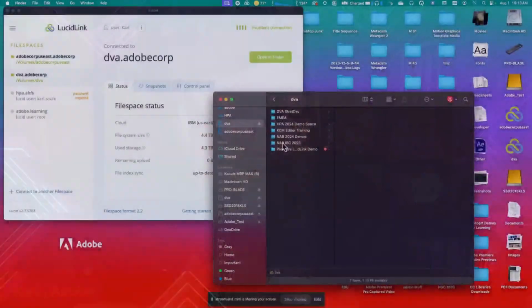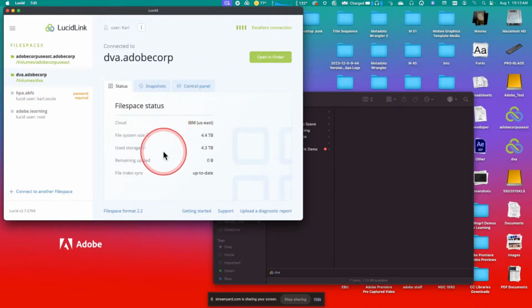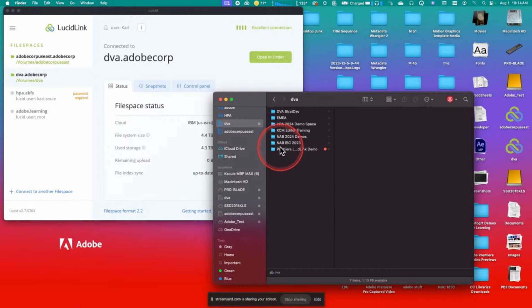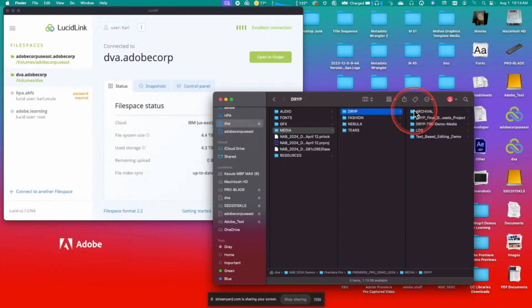What's cool about it is Lucid does some magic behind the scenes to manage what is going on. If I come over to the desktop application, there is a local cache where Lucid is temporarily reconstituting these files as it's streaming them down from the cloud. But the beauty is, these are designed in such a way that they fill in. The operating system thinks the entire file is local, and the bits and pieces fill into the container on an as-needed basis. So if I need to play some piece of source material here, and I just want to play this on my desktop, I can go in and actually find any of these pieces